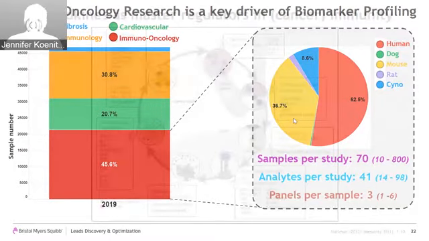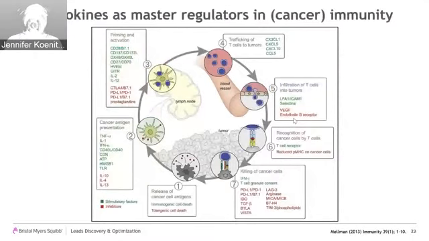Now, you might ask yourself why we expend such a lot of effort to investigate soluble biomarkers in general and cytokines in particular for our IO research. It might become clearer when looking at cancer as essentially the result of a dysregulated immune system, as in Ira Mellman's and Dan Chen's cancer immunity cycle shown here, where every step of successful tumor eradication is dependent on cytokines